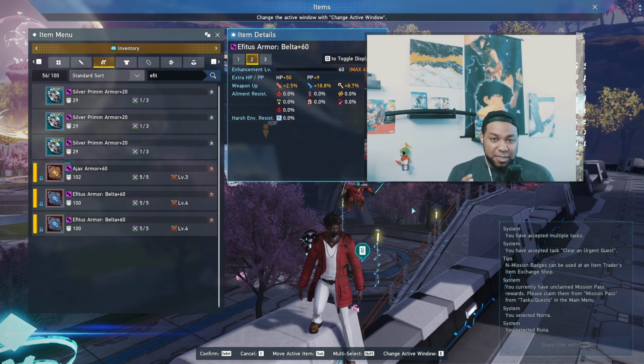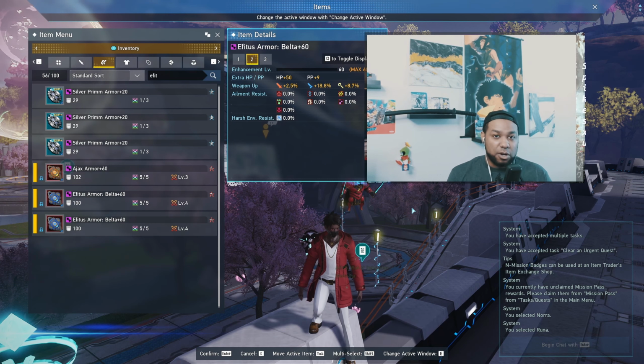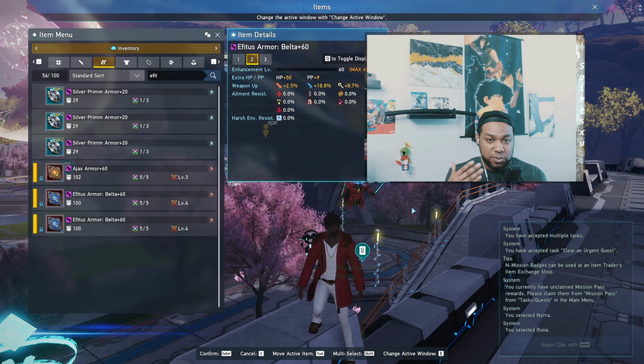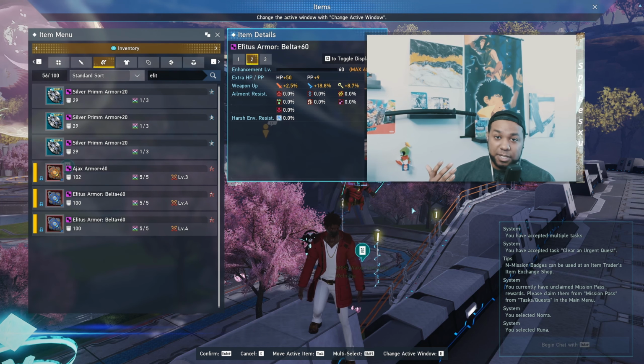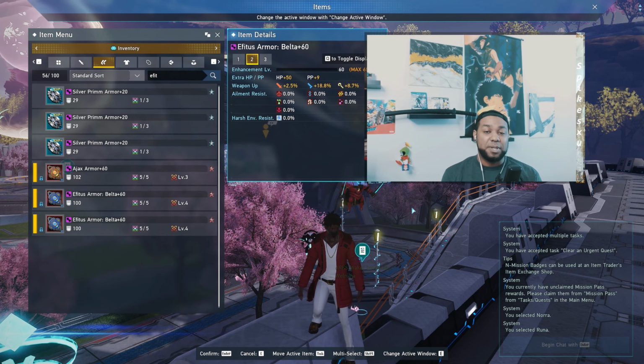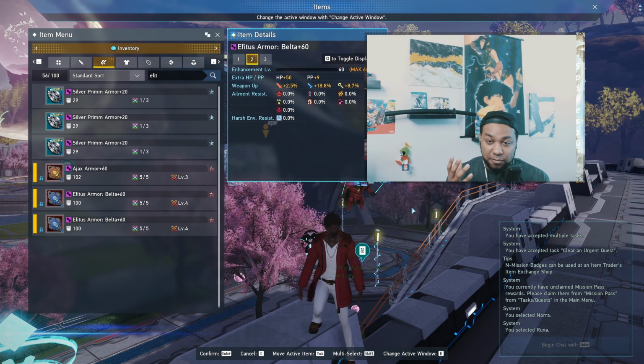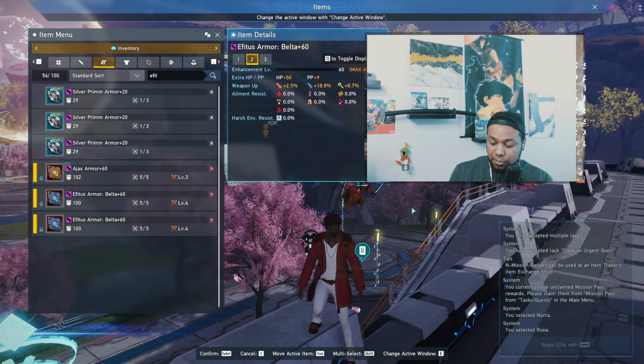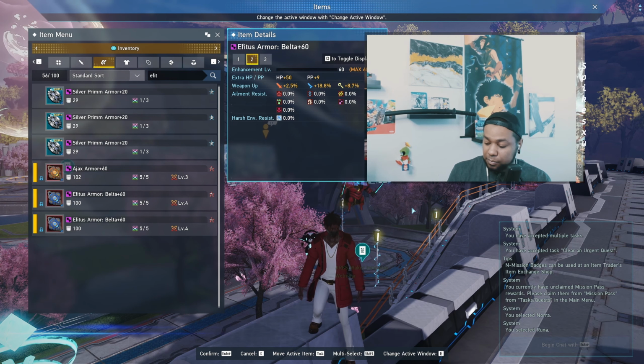So that's the big thing about the Evituses. They do start with HP plus 30, PP plus 4. So that's similar to the Ajax, which was HP plus 30, PP plus 5. So you're getting the HP and that PP, which is a very big thing, especially when you add them up in 3 units. That's a big increase